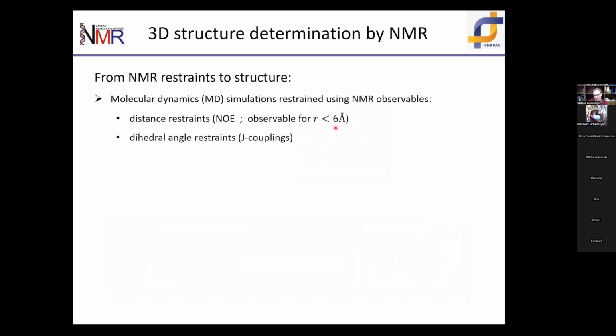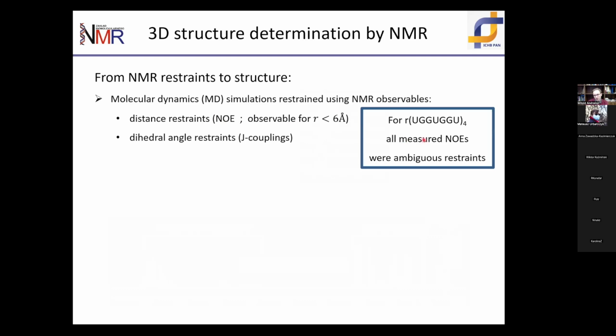And in this very specific system, the NOE part was actually quite tricky because all of these NOEs were, as we call them, ambiguous restraints. Because there were 4 strands that had the same chemical shift, we never knew if a given contact, for example, between an atom from residue 5 to residue 6, was it within the same RNA strand, or was it from one strand to one of the 3 others? That's why we had to treat all of these NOEs as ambiguous, and this gave us a lot of local